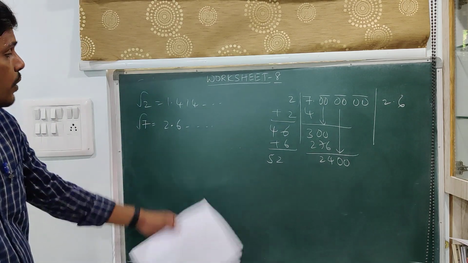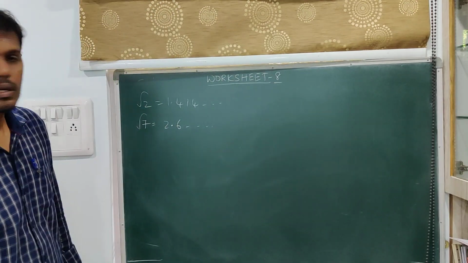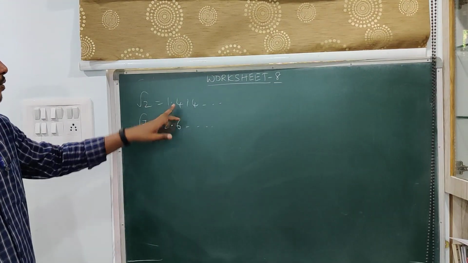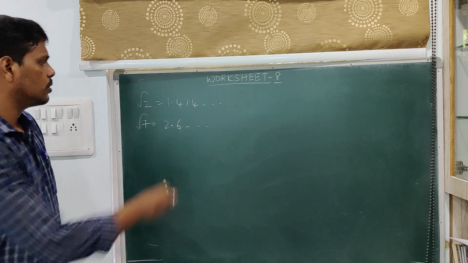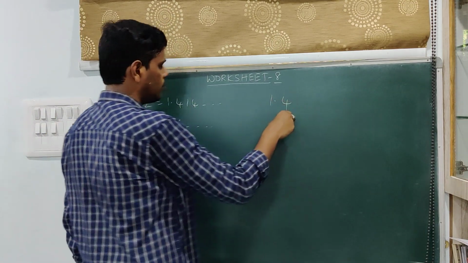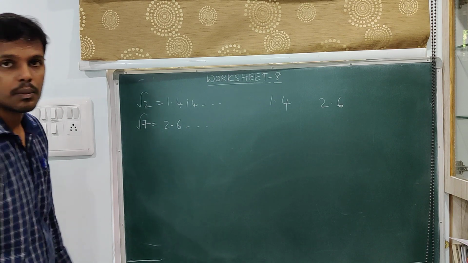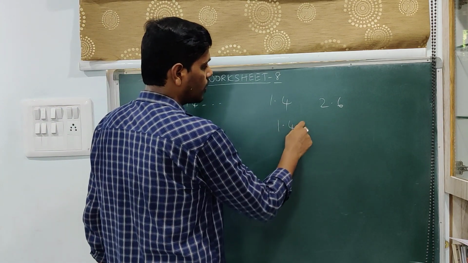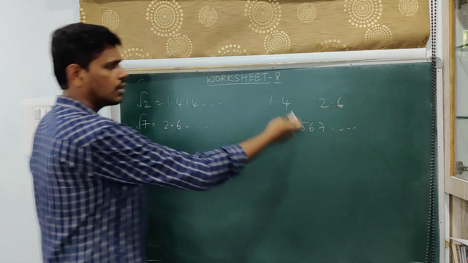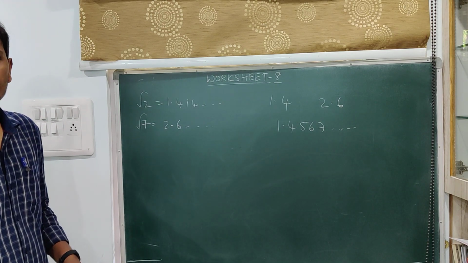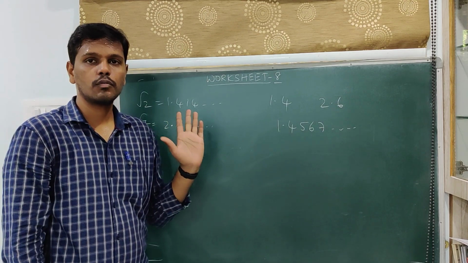Here our aim is not to extract the square root of 7 but to find an irrational number between root 2 and root 7. So I have already got the root 2 value which is 1.414 and root 7 is something 2.6 and so on. So consider one decimal place, 1.4 and 2.6. Now increase the decimal place and write a non-terminating, non-repeating decimal. That is 1.4, say some 5, 6, 7, and so on. That lies between 1.4 and 2.6, which means that number lies between root 2 and root 7. This is one way of doing this problem.